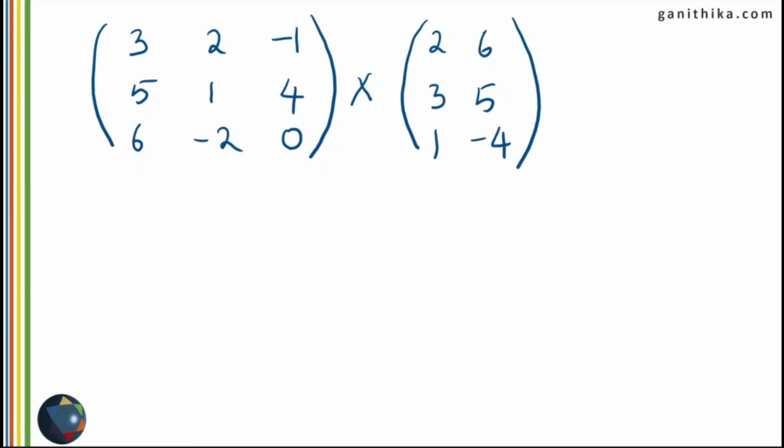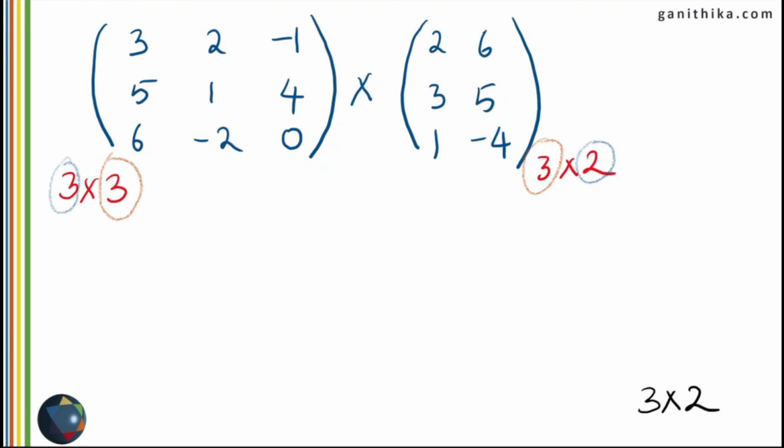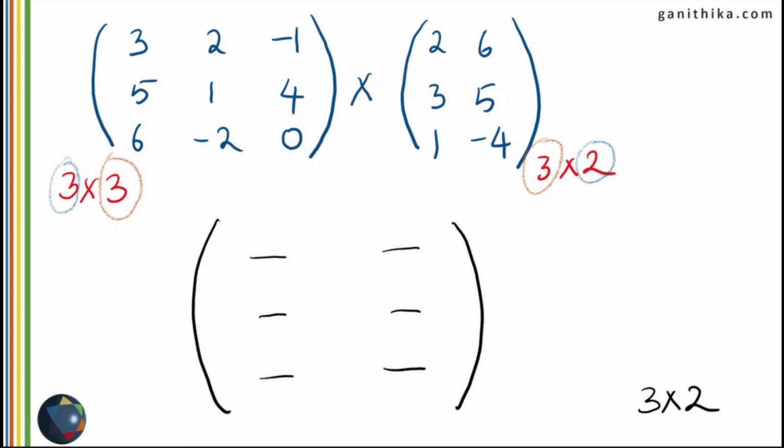So first of all, before you start multiplying the row and column, check the condition for multiplication, whether it can be multiplied or not. So in this case, you will have this order as 3 by 3 and this order is 3 by 2. And you can check that these 2 are matching, therefore it can be multiplied. The answer matrix will have the order 3 by 2 from here. This is going to be your matrix. A matrix of order 3 by 2 will be of this form. So you are going to have an answer matrix in this form.